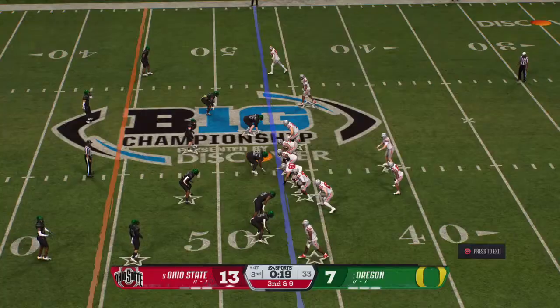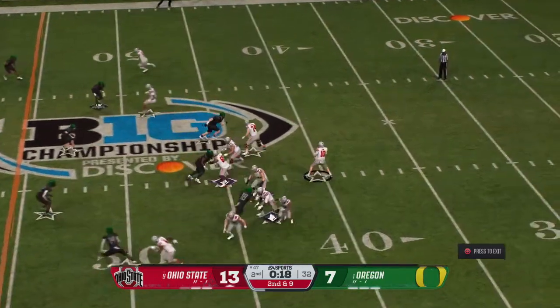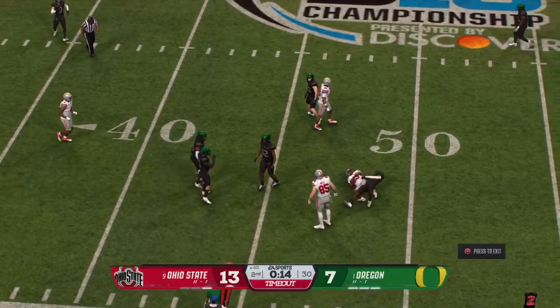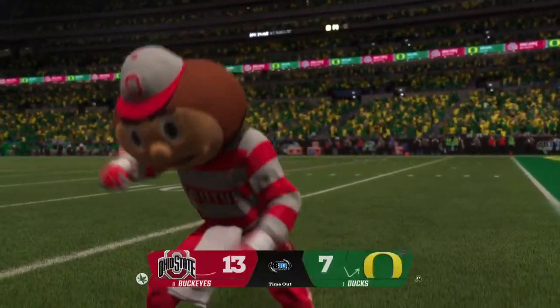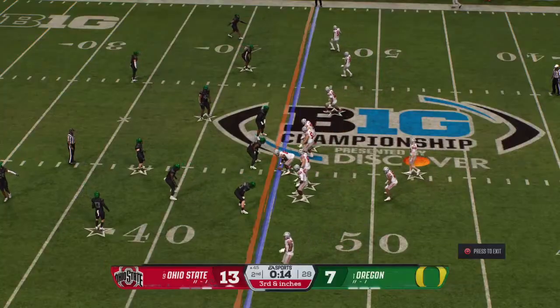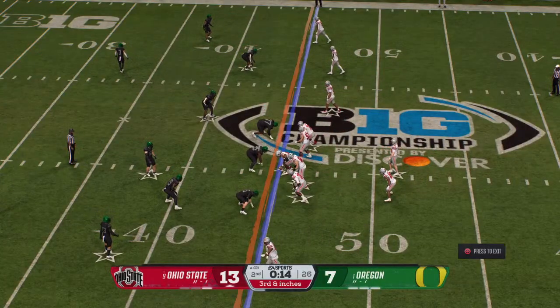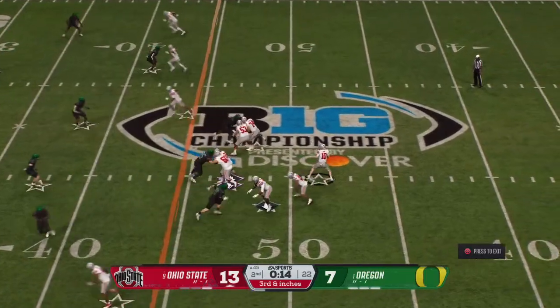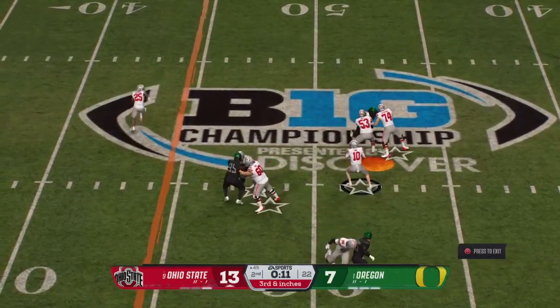2nd down after that short completion. There's the snap. Quarterback setting up the throw. That pass is caught. The offense will quickly spend a timeout here after the play. That's what I love about this guy. He has the ability to sneak out of the backfield. The quarterback's able to find him open, checks it down for a nice gain. Going to pick up the 3rd and short through the air.